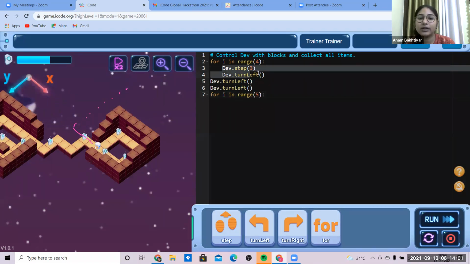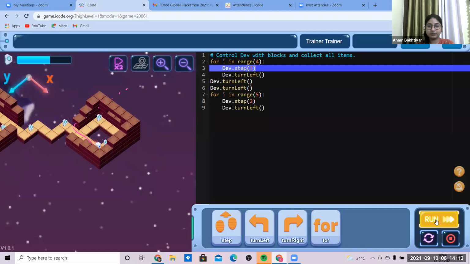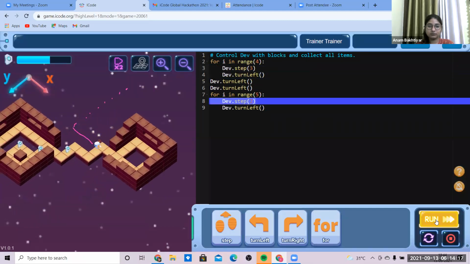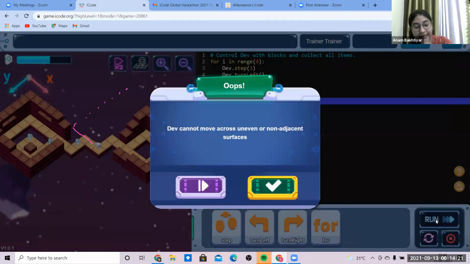So they will be taking 2 steps now. Let's see how this will work. It has turned in a bad direction.